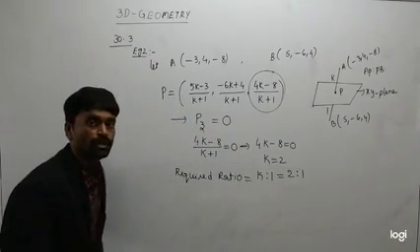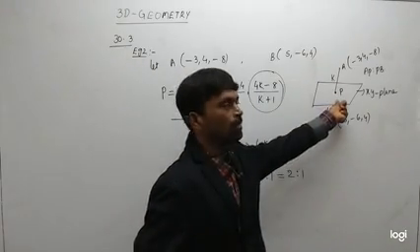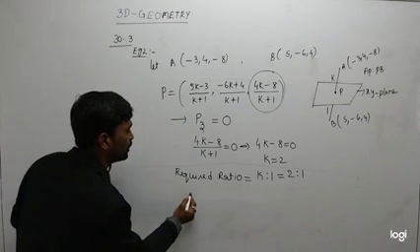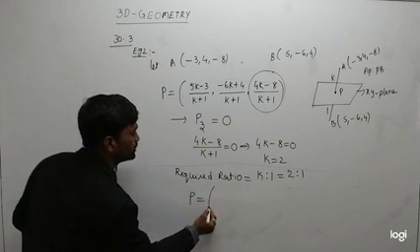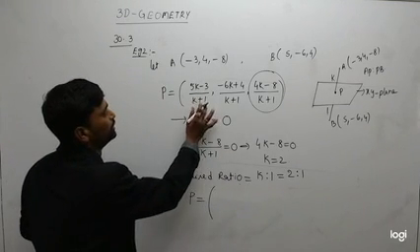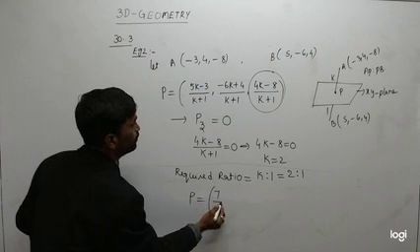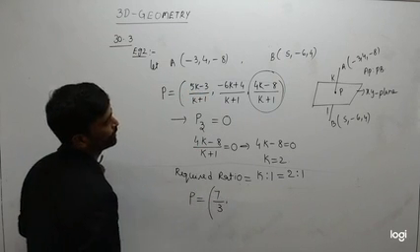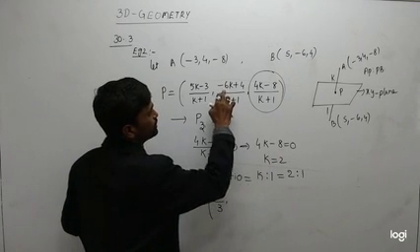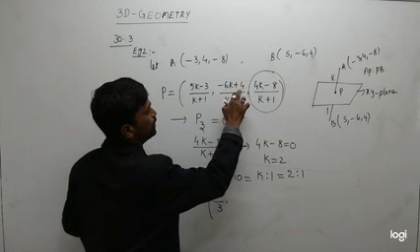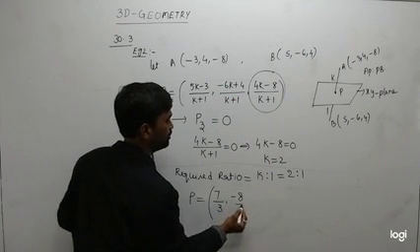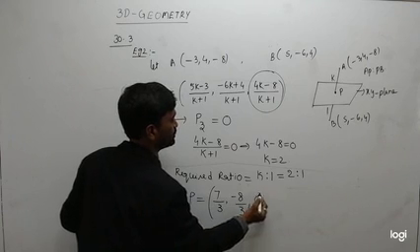And also we have to find the point, that means the coordinates of P. So substitute k value 2 here. 5 twos are 10, 10 minus 3 is 7, divided by 2 plus 1, which is 3. Next, substituting k value 2 here, minus 6 into 2 is minus 12, plus 4, minus 8 by 3. Obviously the last coordinate becomes 0.